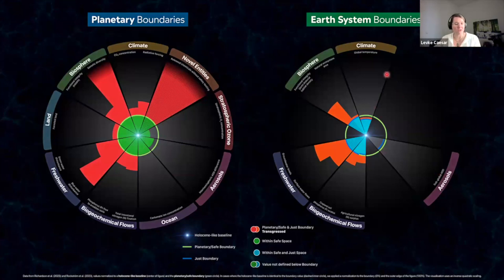So they have so far only managed to determine this for 5 of the 9 boundaries, which is important, or which adds to the biophysical limits of the planetary boundaries a social justice layer, saying that, okay, we don't just want a healthy Earth overall, but also one where humans can really thrive and where it's fair. And right now, for example, with the climate change boundary, that's not really fair because already a lot of people are suffering from extreme events, droughts and famine because of that, and so on.